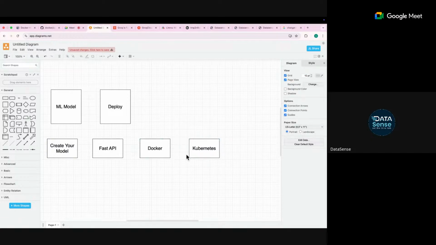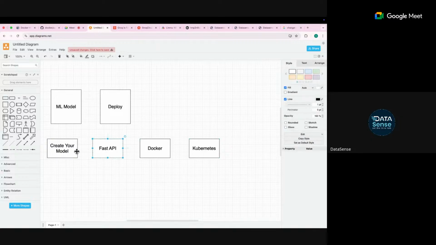Once you are done with Kubernetes, your application is well running on the website. So what you do, first of all, you take any Python code. Remember, this is Python code, or let's say Java code, whatever you have created here. When you launch things online, they go in the form of API. I will discuss what an API is, and how they're connected, in the FastAPI class. But for now, understand that software interacts in the form of APIs.